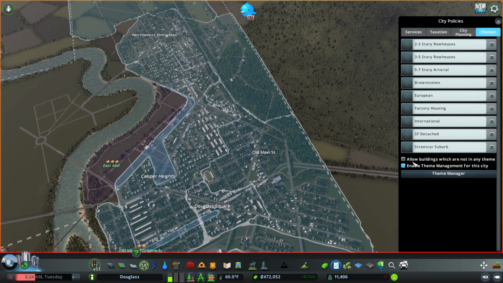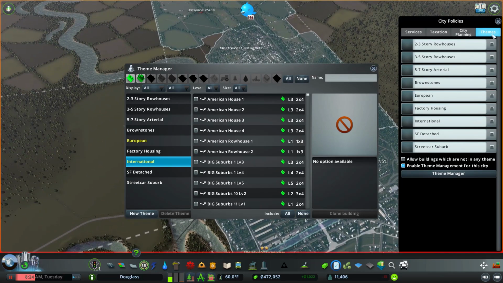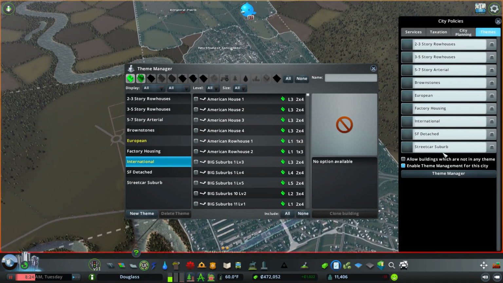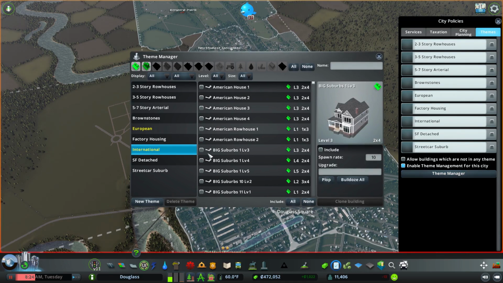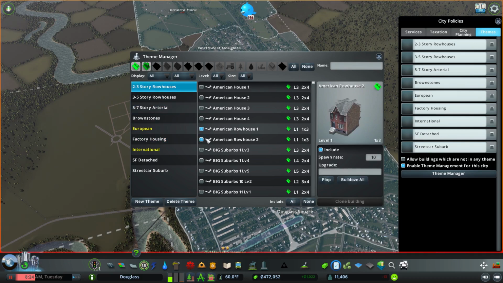So you can also create building styles in game via a tool called the theme manager, and this is open through the city policies tab. The mod adds a new tab over here called themes, and then you can open the theme manager from that tab. If you don't want to create your own styles, you can download them pre-made from the Steam Workshop. And importantly, only buildings included in a particular style will be allowed to spawn in a district set to that style. So for example, in any of these themes that I've created, only the buildings I select here are allowed